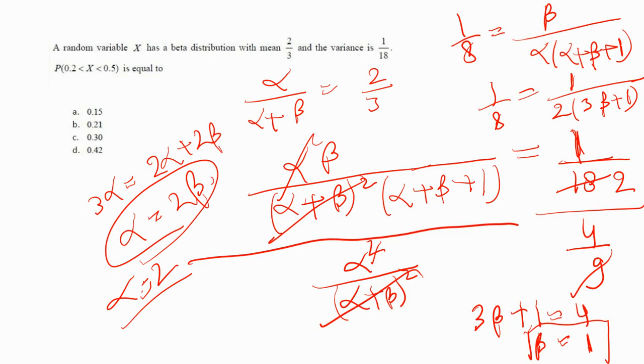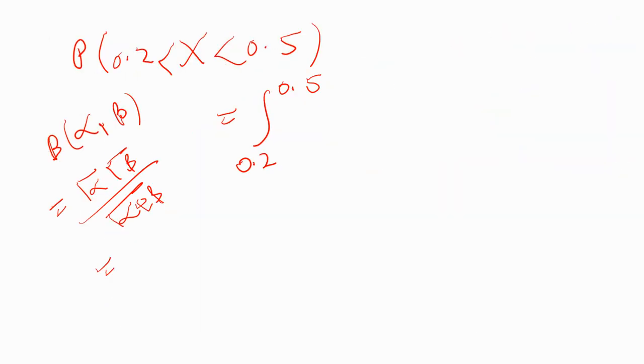So alpha and beta are 2 and 1. So it will be gamma 3 over gamma 2, gamma 1, and then it will be